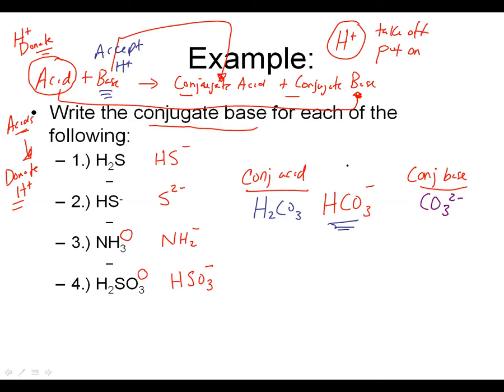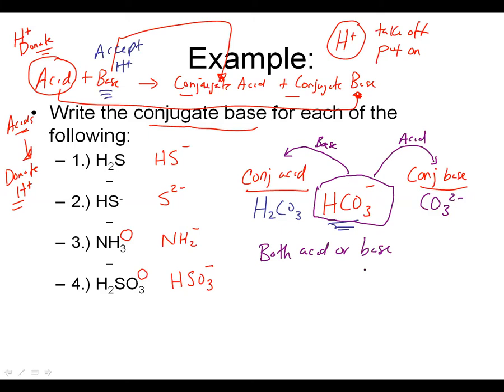Now, in this case, you may be looking to go, can it be both things? And actually it can. So in this particular case, going this way, this guy is acting as a base, while going to the right there, he's acting as an acid. And things that have the ability to act as both an acid or a base, those are referred to as being amphoteric. So an amphoteric substance is basically a substance that has the ability to act both, again, as an acid or